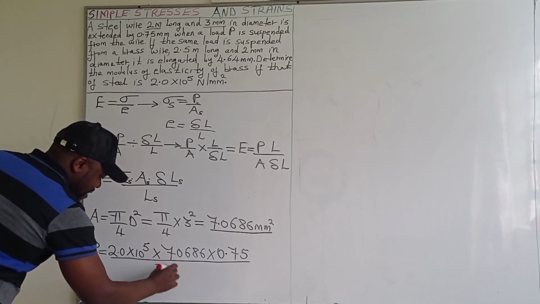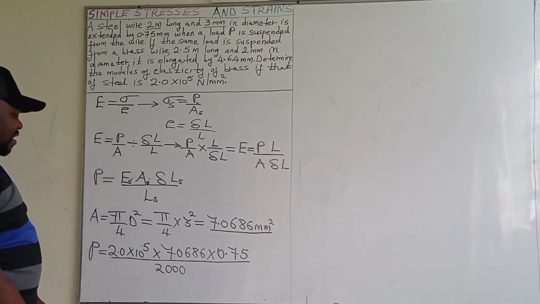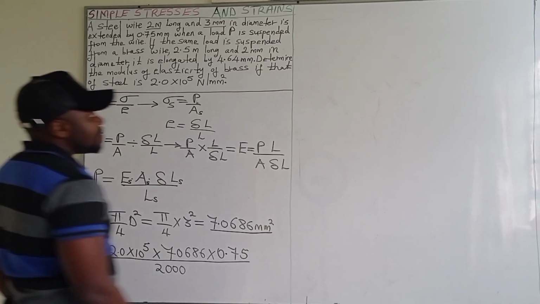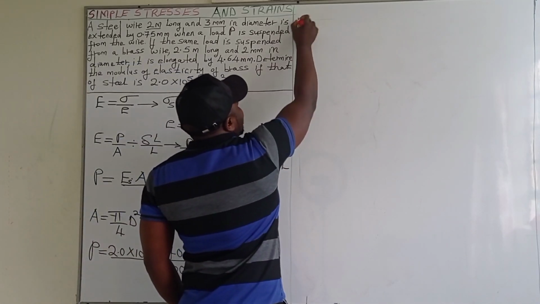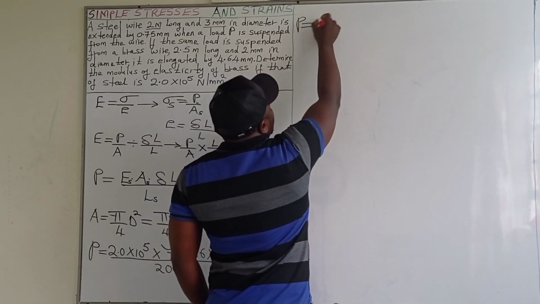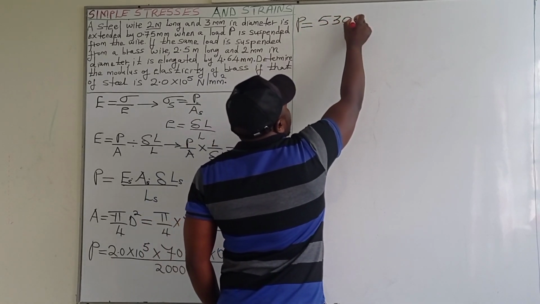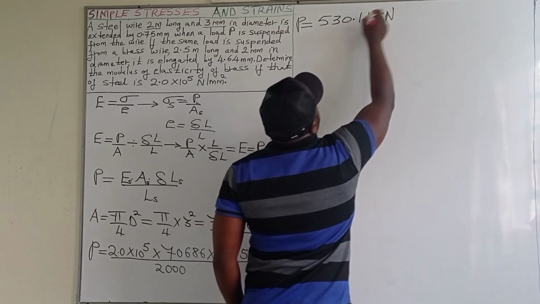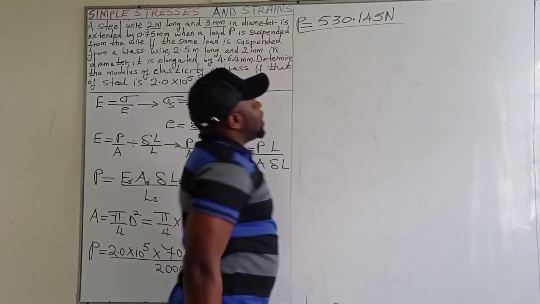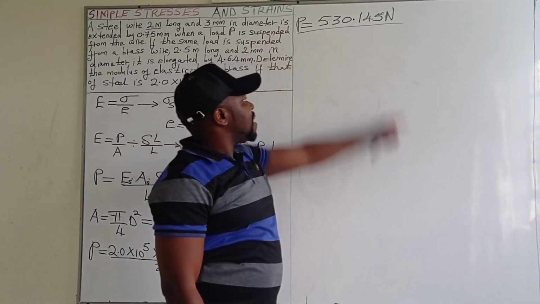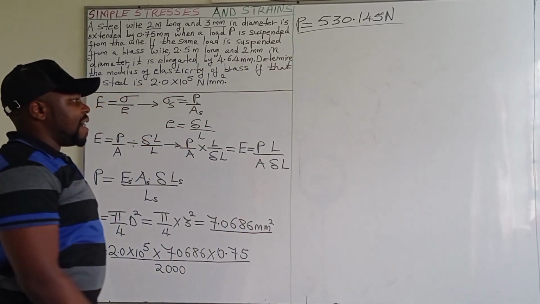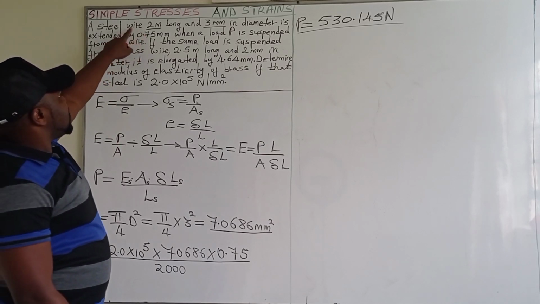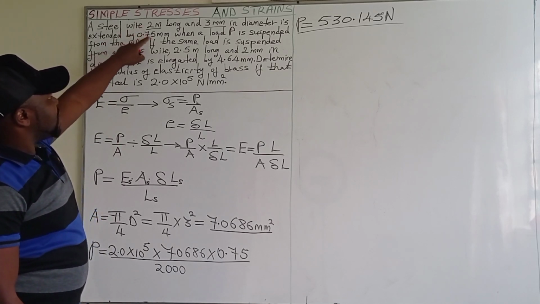We convert to millimeters, and that gives us 2000 millimeters. When we carry out that calculation, we get a load of 530.145 newtons. So when a load of 530.145 newtons is applied to this steel wire, it will elongate by